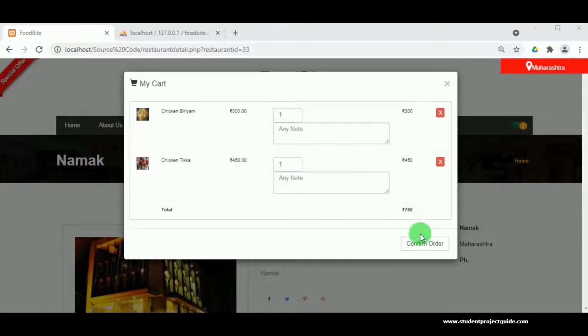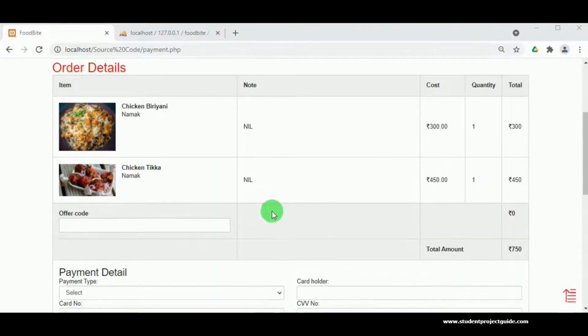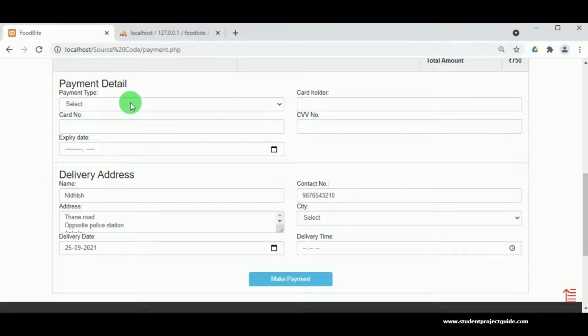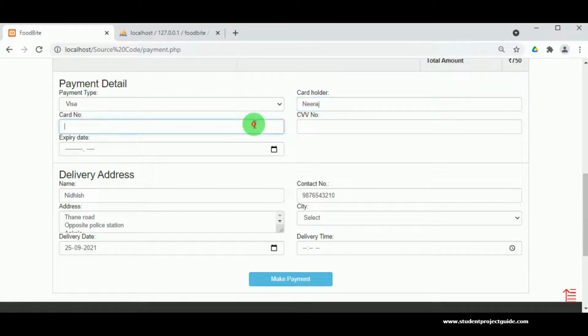By clicking on confirm order, the customer must make the payment. The payment type must be selected, and the card holder name must be entered and the card number must be entered.